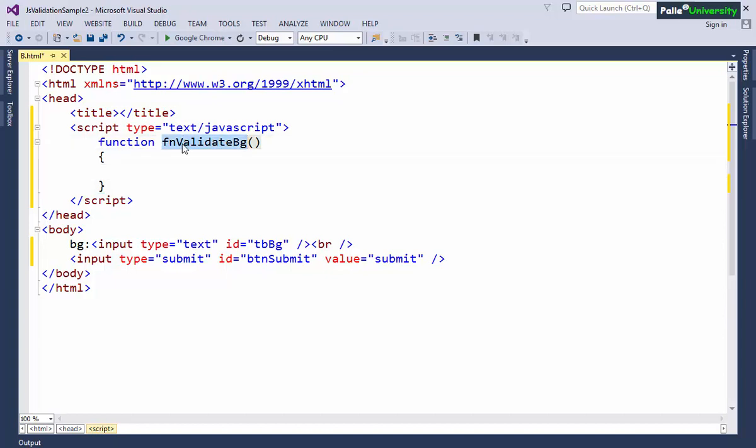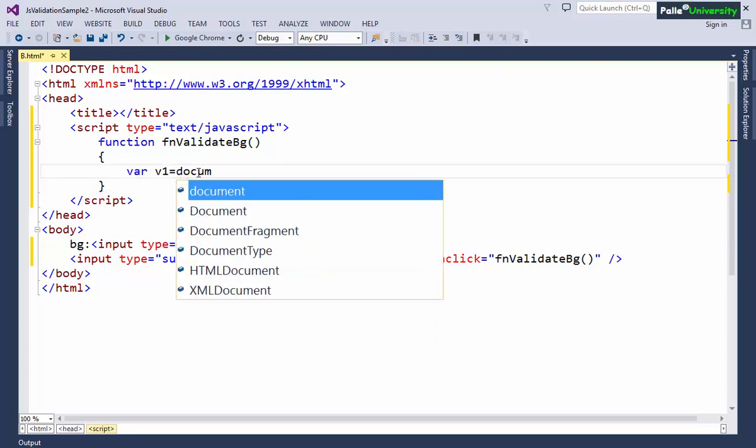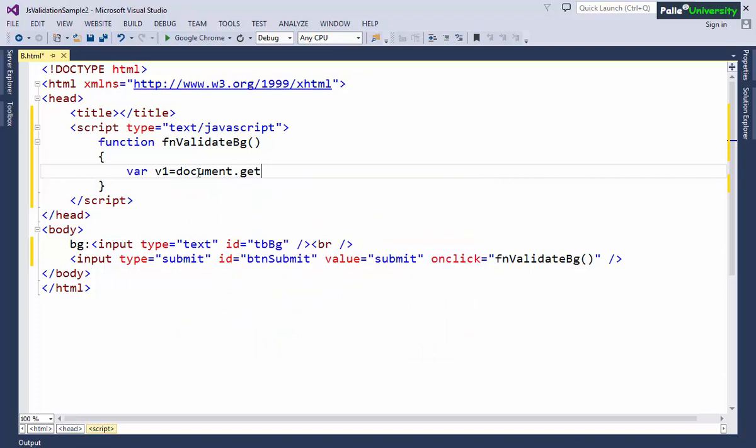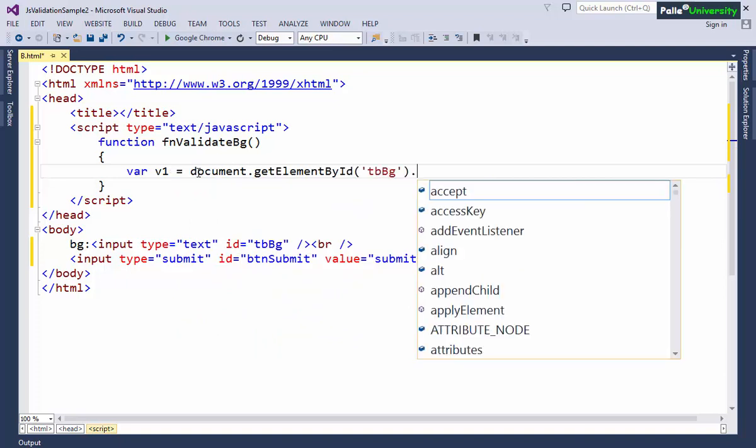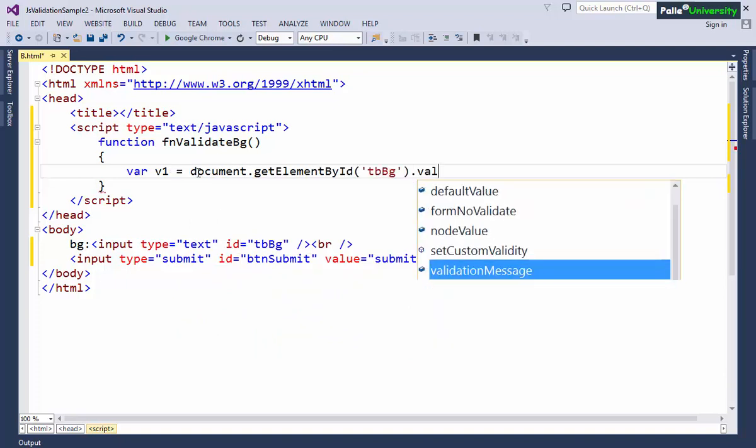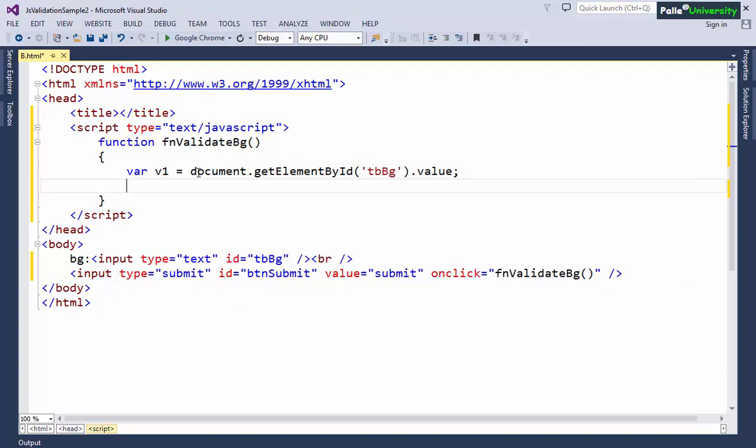Now we need to call this function from the onclick event of the button control. Now here first we need to get the value present in the text box. Text box id is tbbg. Obviously I must write document dot getElementById of the text box id and value property.